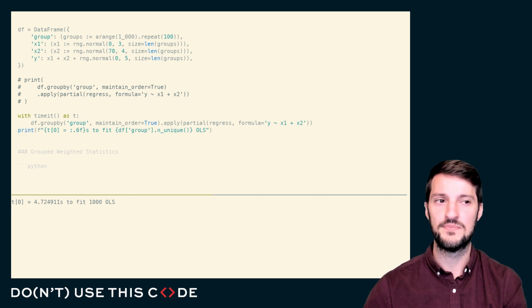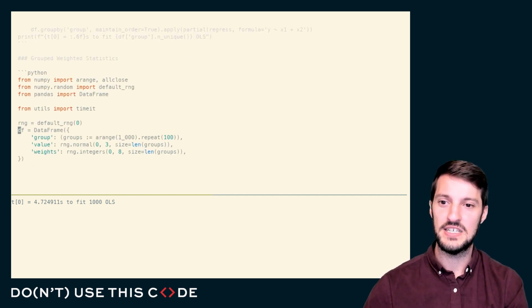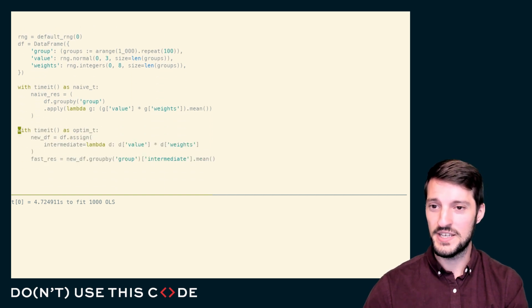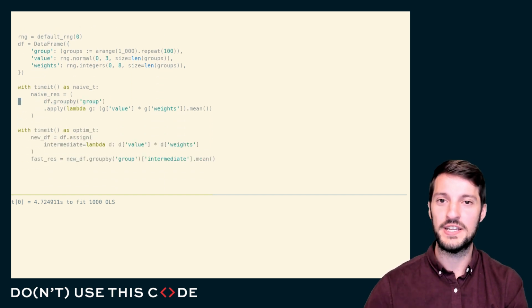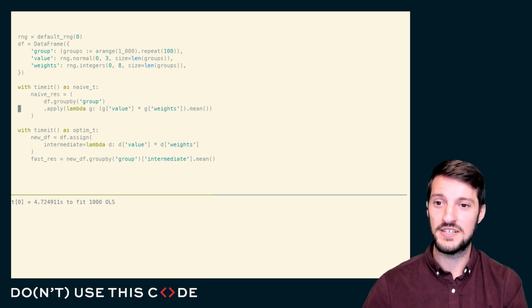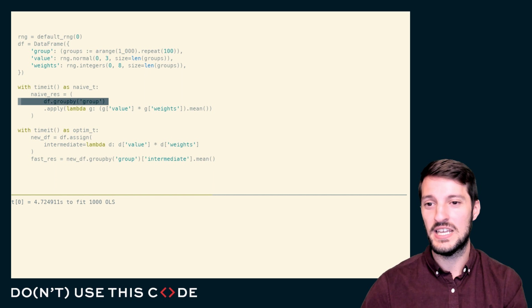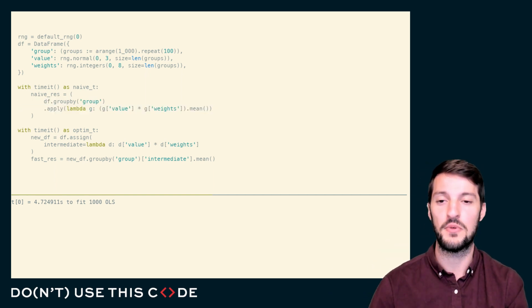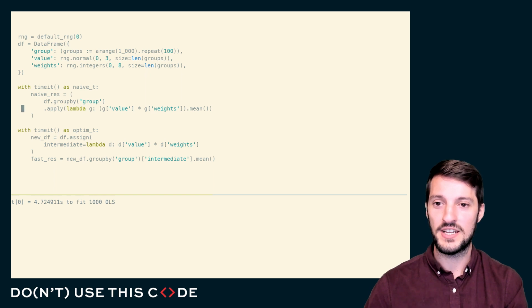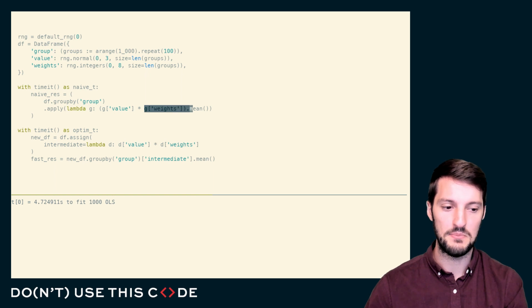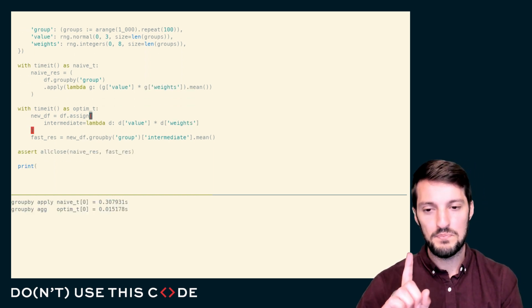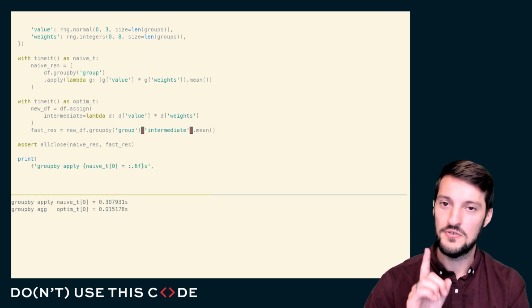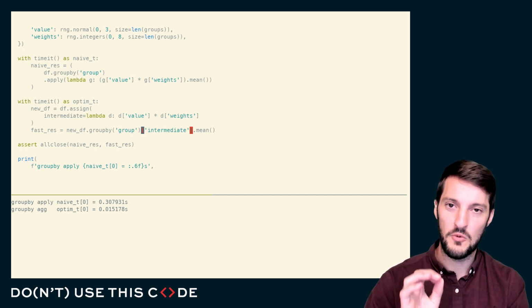Another common thing that I see in code is grouped and weighted statistics. Here in pandas, I can group by this grouping column, and my naive approach is to just use a dot apply. It feeds my whole data frame into the function, and then I can work with those values in there. What I can do here is extract my values, multiply them by my weights, and take the mean. But if I was smart, if I knew pandas and where it was fast and where it wasn't,